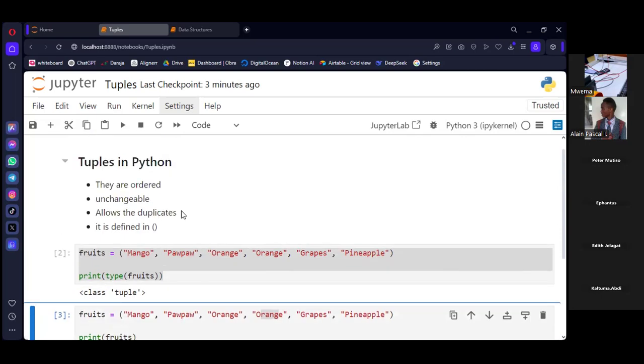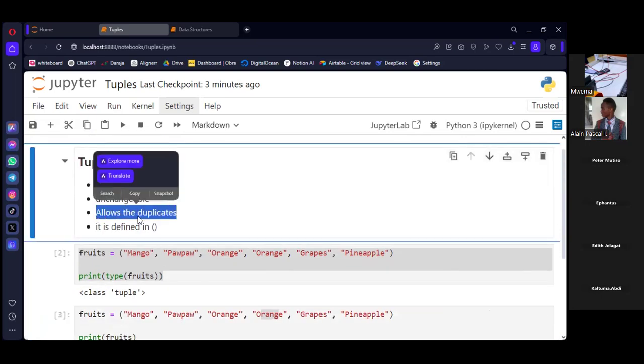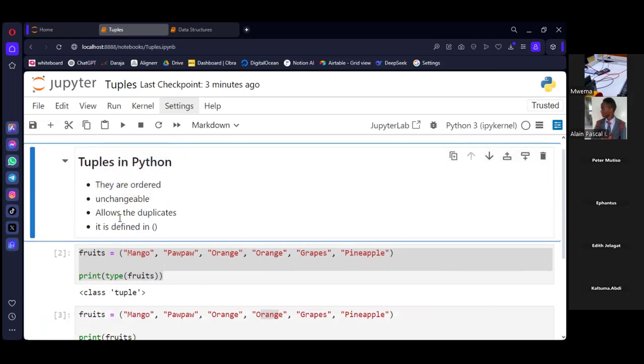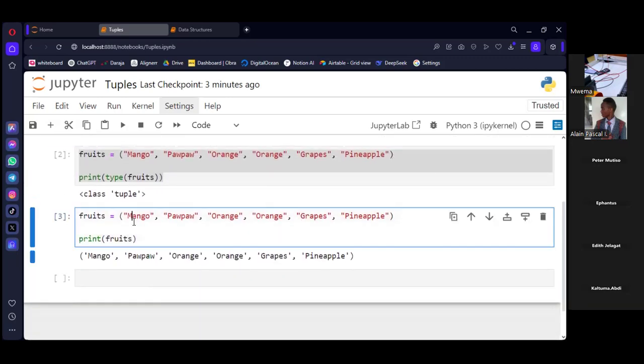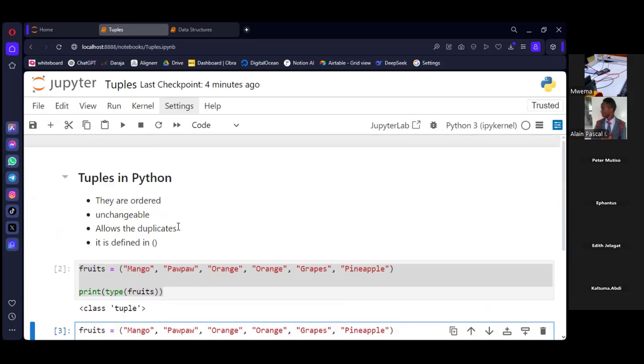So this straight away clarifies that it allows duplicates. And another thing is that it's ordered. You can see we have mango, we have purple. This order is the same as what we are getting in the output here. So it is also ordered, and then it is unchangeable.